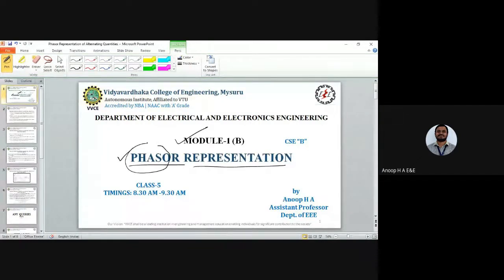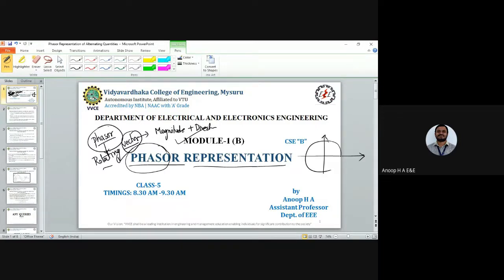So we have the term phasor, which we call a rotating vector. A vector generally has both magnitude and direction, and magnitude with a direction is what we generally call the phasor representation. Here we will consider a circle, since representing it over a circle makes it quite clear. The radius represents the magnitude, and the angle by which the radius vector is traced.